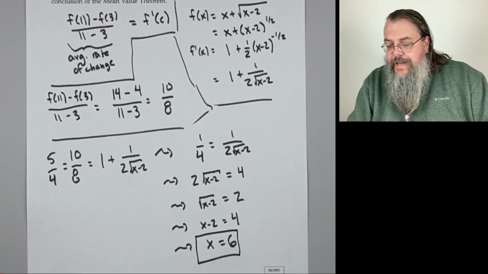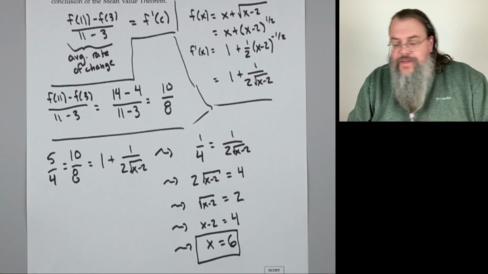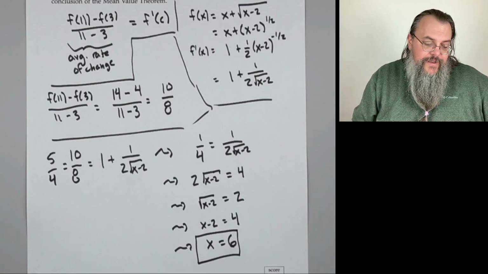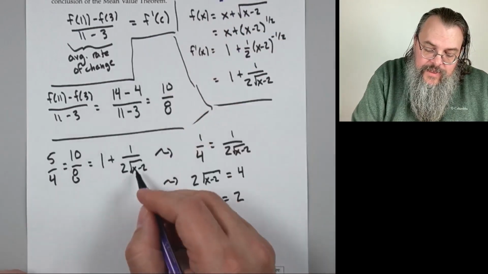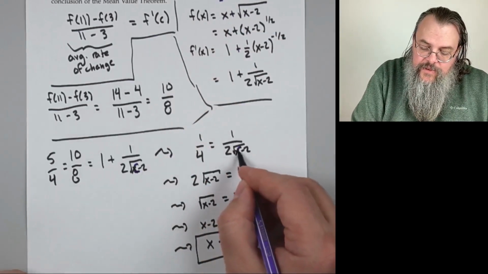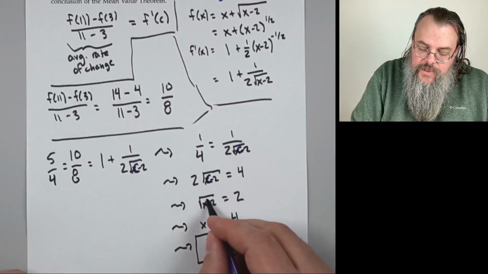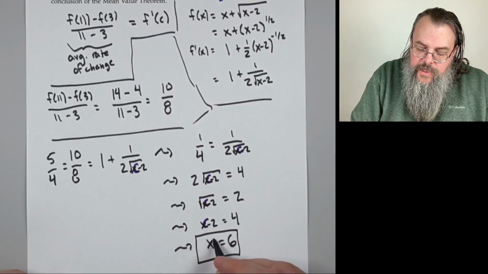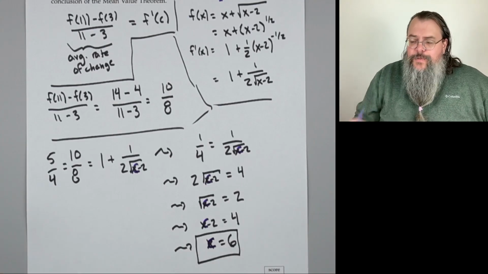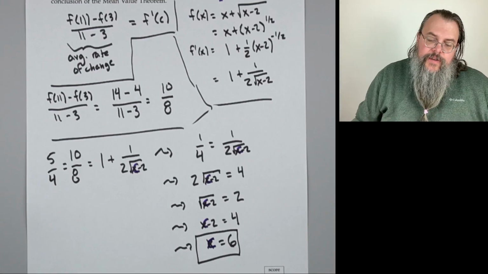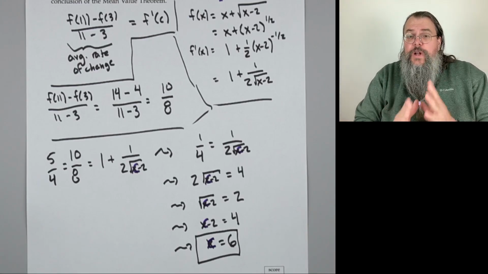Now, I said x. In retrospect, I should not have been saying x. I should have been saying, of course, c. Well, that's an easy fix to make. So we just come through here and say, aha, c. c equals 6. Now, there is one small technicality that we should address, which is when we get to this